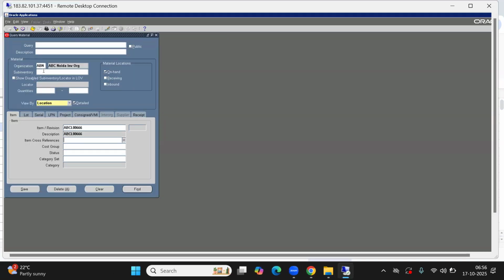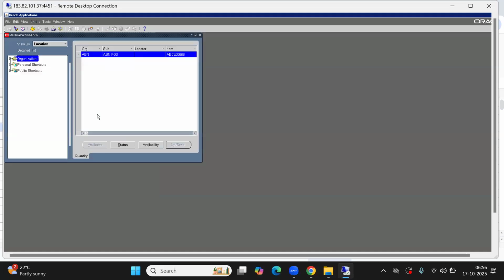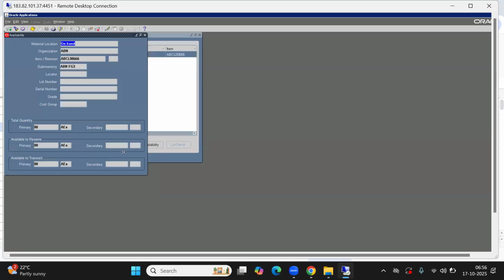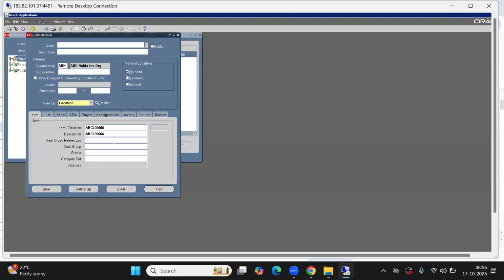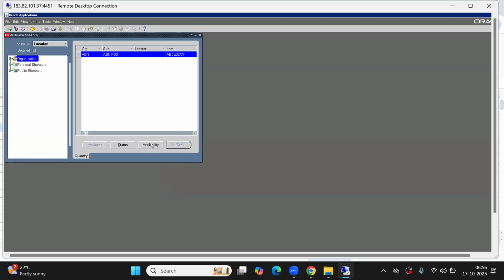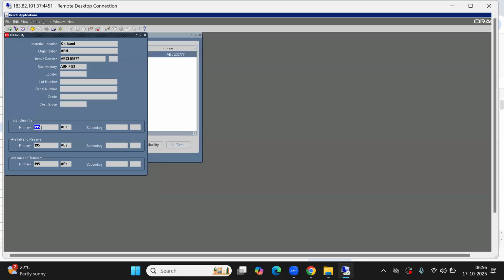Otherwise, if you select sub inventory, it will display all items. You can check this. Just click on availability. So 80 is there, right? 80. Earlier it was 100 system quantity. Okay, now 777. Find it. 195. Okay,